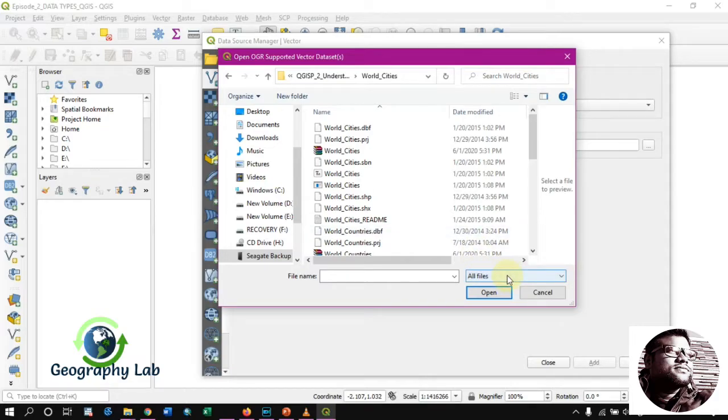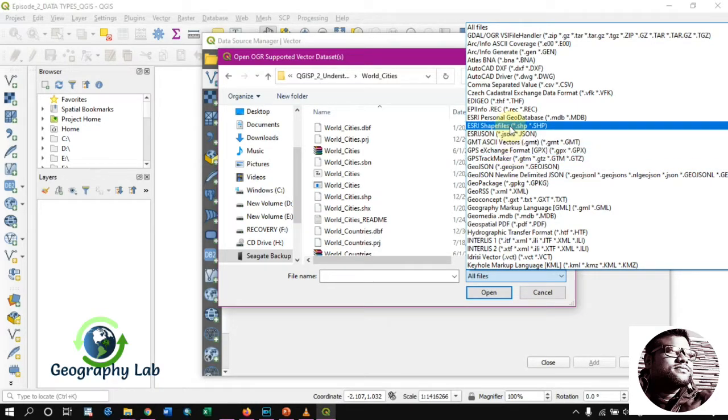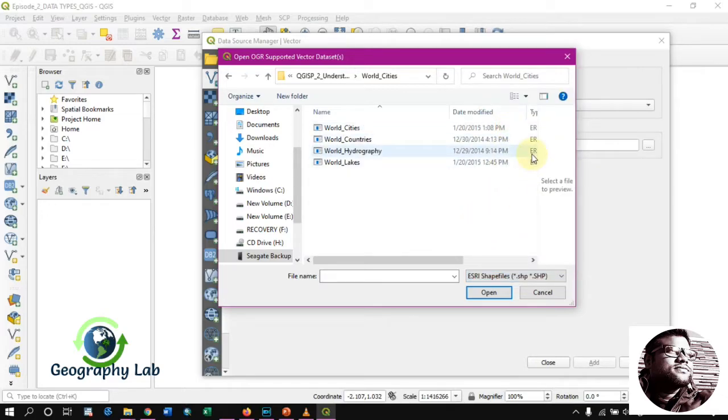From the all files option, we have to select the specific file type. From that I can choose the ESRI shapefile, which is the standard version of this vector dataset. Then I have four datasets actually: world cities, world countries, world hydrography, and world X. You can select a single shapefile at one go, or you can select all of these in a single go.